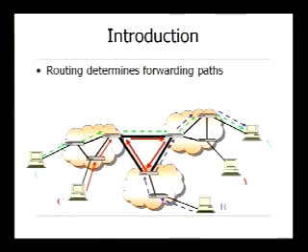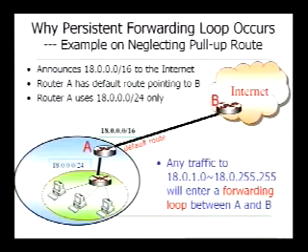We know that transient forwarding loops can happen during routing convergence, but in this talk, we will focus on persistent forwarding loops. That means no matter what time, how long you send the traffic, it always has forwarding loops. Maybe some of you want to ask why there are forwarding loops in the internet, and how it can happen. Here I will give an example.